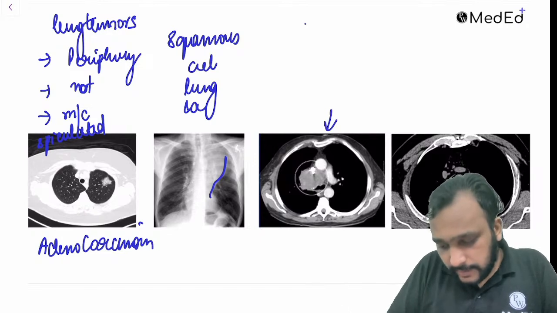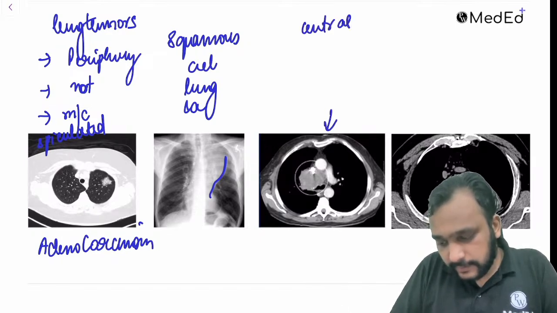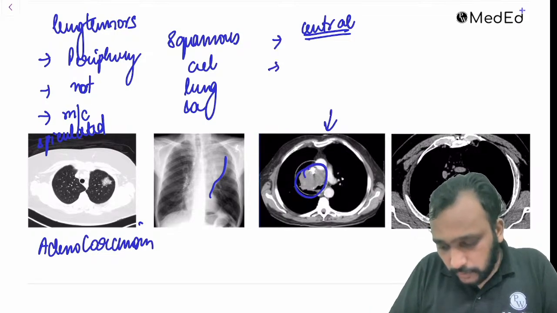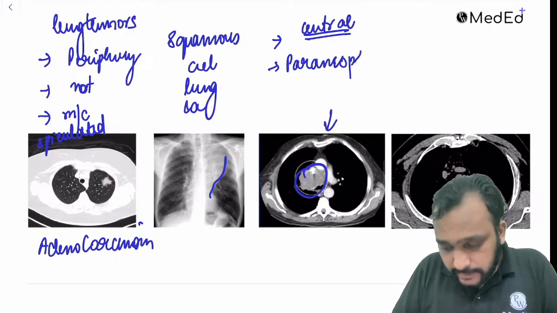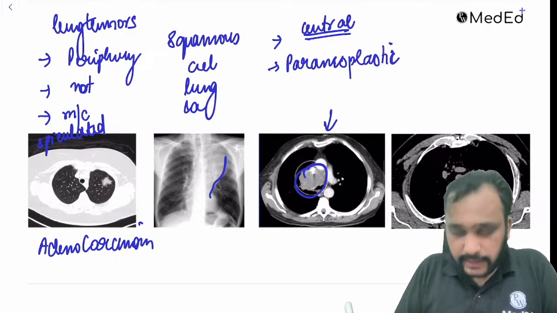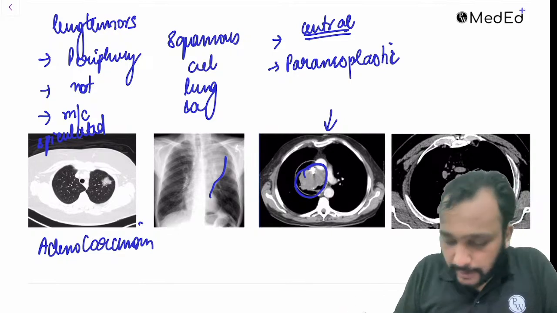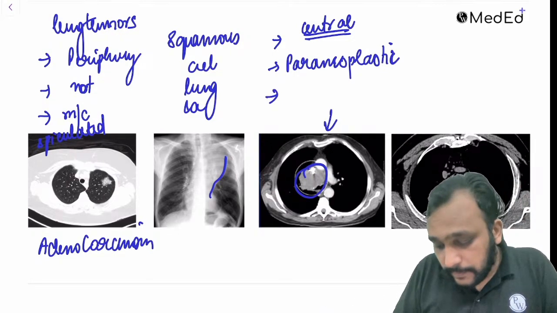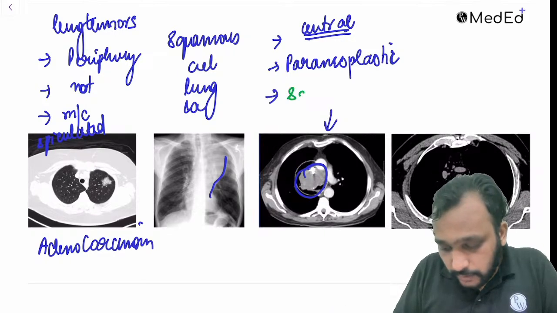In the third image, we can again see that there is a central tumor, and also this tumor can be associated with paraneoplastic syndromes. So when any lung tumor is associated with paraneoplastic syndromes, you can go for small cell lung carcinoma,